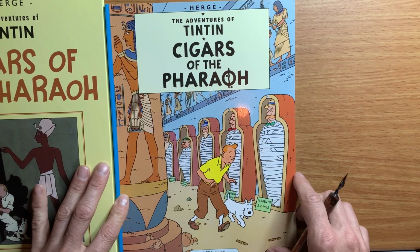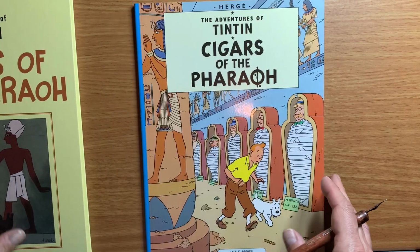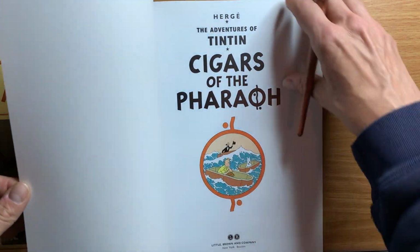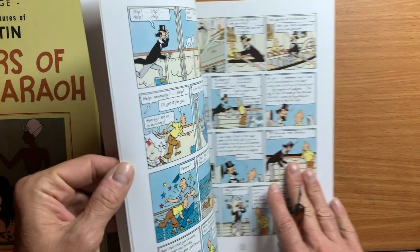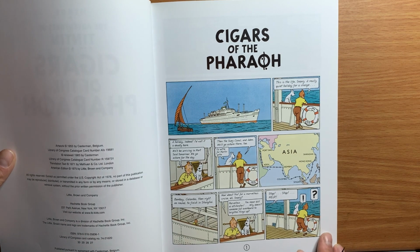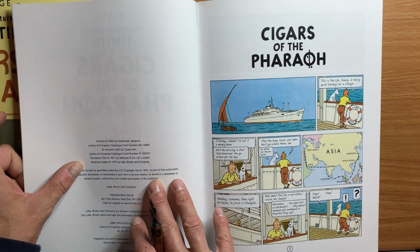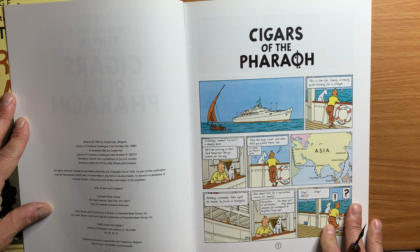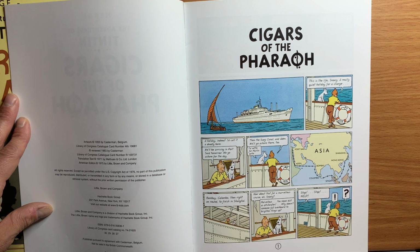Put my old one aside. And you can tell I haven't even opened this. There we go. So the color version was redrawn. It was released in 1955. It was probably drawn the year before, redrawn the year before, and then went through several editions after that, in which some of the art, at least in one part that I'll point out,